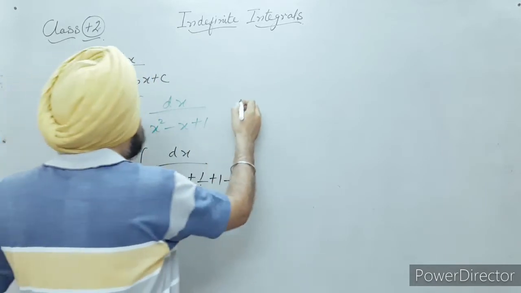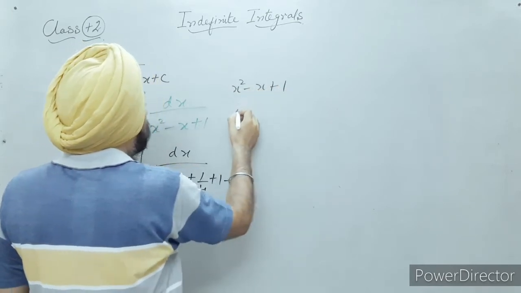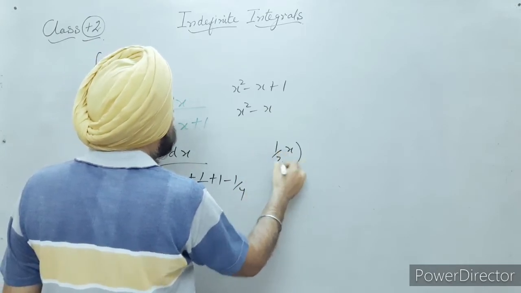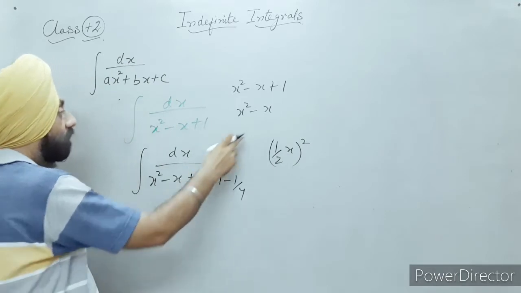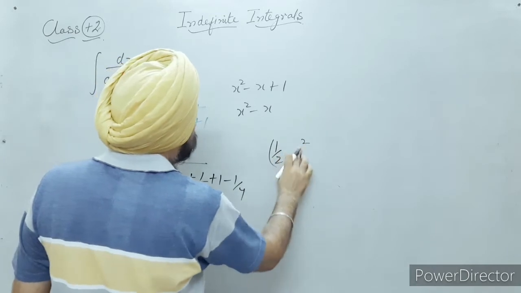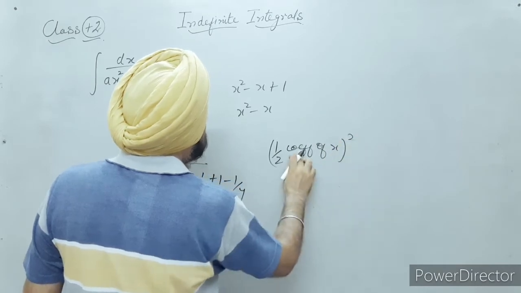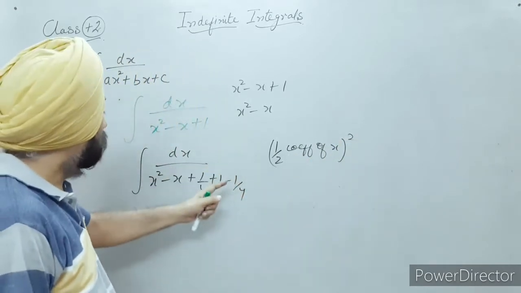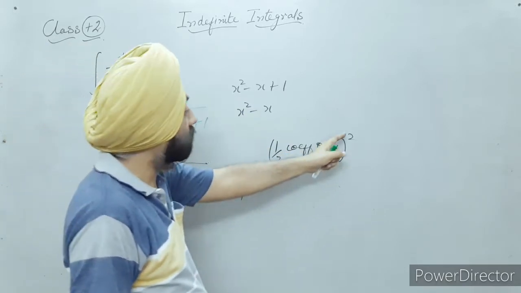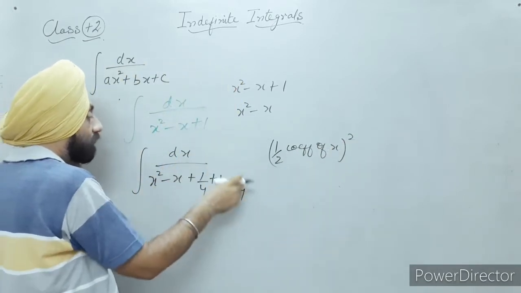This you must have done in 10th standard. Say the equation was x square and so on, I have to make it a perfect square. What I add and subtract is the square of half the coefficient of x, right? What is the coefficient of x over here? It's minus x, that is minus 1. Half into minus 1, that is minus 1 by 2, the square is 1 by 4. That's why I have added 1 by 4 and subtracted 1 by 4.